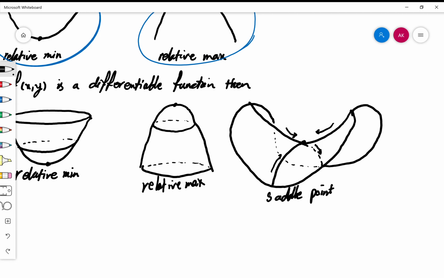But when you look at that, it's neither of this form, it's not a hilltop, and it's not like a valley bottom. So it is a different kind of point and we have to know that. Well, these are just the graphs of how they look like. In the next two videos I will have more details of where these things can happen, how we can say a point is a saddle point or relative max or relative